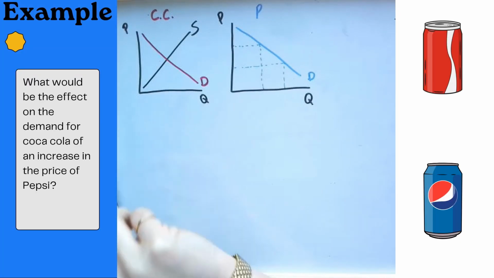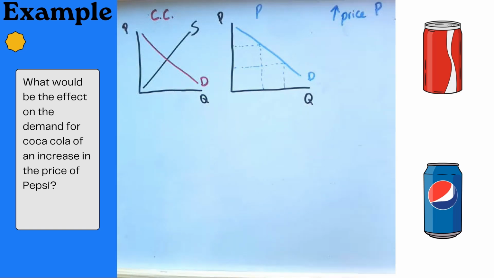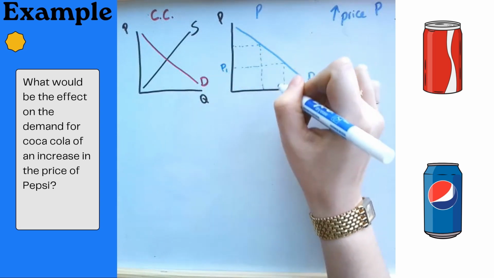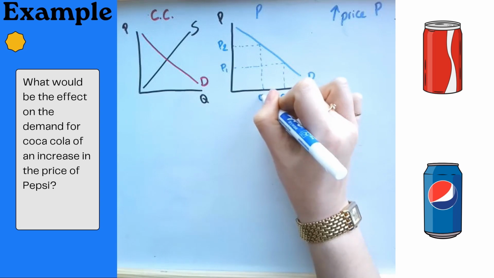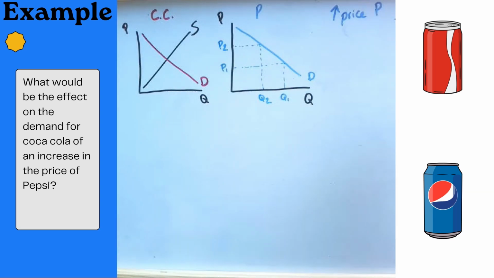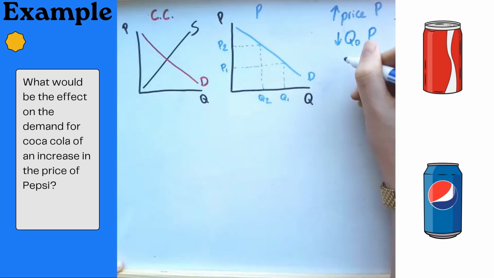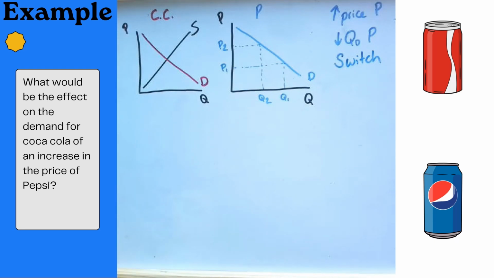For our second example, I'm moving on to some very well-known substitutes. So the opposite of complements. Substitutes are the type of good that you will buy one in place of the other. So if we are asking what is the effect on Coca-Cola of an increase in price of Pepsi, the first thing we're going to write down in our chain of reasoning is the price increase for Pepsi. I've drawn this with equilibriums showing the increase from P1 to P2. And as we know with demand, that means there'll be a fall in quantity demand for Pepsi from Q1 to